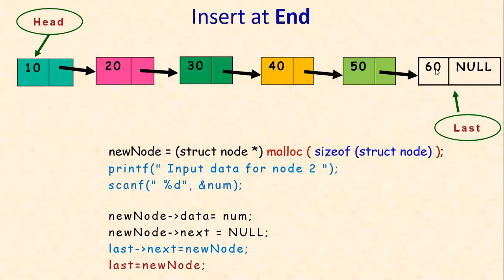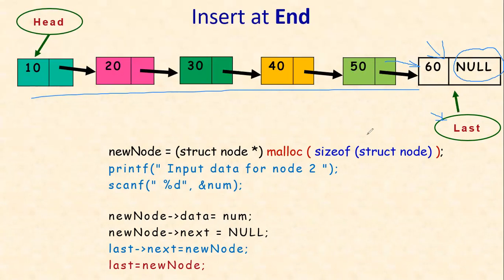After creating a new node, this created node became the last node, and the pointer part of the new node holds null, because there are no further nodes. The last node, previously before inserting this, will hold the address of the new node to establish a link between the new node and the existing list. So this is the code for inserting an element at the end.